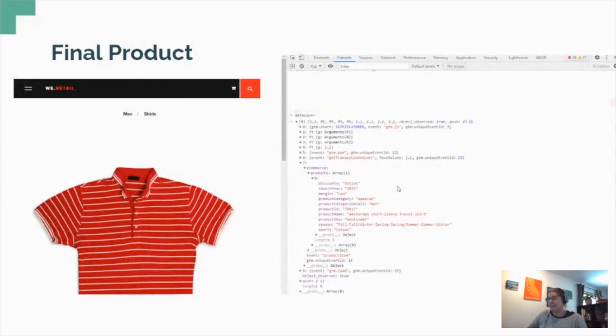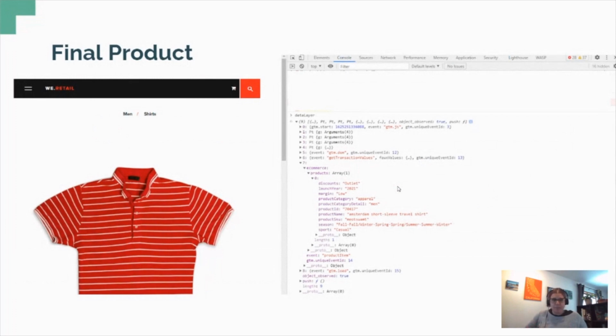So, the final product, this is what we're looking at. This is coming from a test site we use here at Claravine, and this all started with creating that file from Claravine. I formatted a number of rows of data and sent that off to a cloud environment for storage. It's a JSON file, so I can easily parse it.